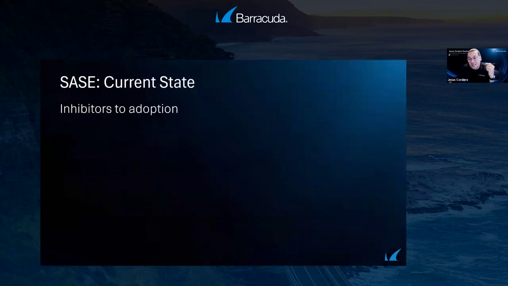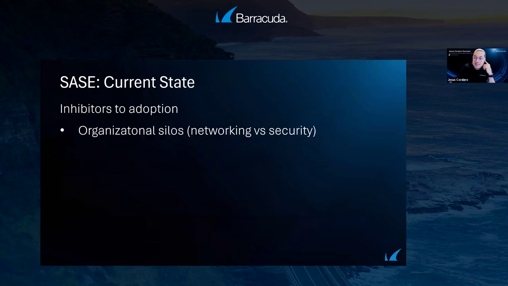What are the more common inhibitors we have there? One of them is the silos we have. In many companies, when they have a network department and a security department, those don't love to talk to each other. Now imagine you have the data protection guy and the email security guy and the application security guy. They never talk to each other. They don't want that. This was a kind of a fight in the last years.